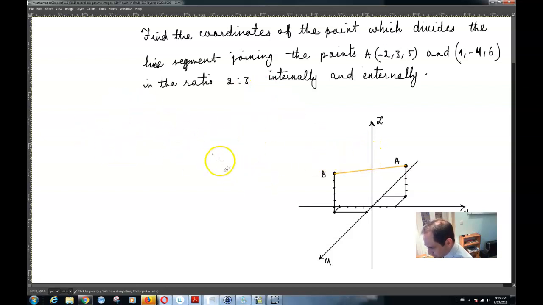That you can do using the algebra pretty easily, using the formula. But then again, you do need to know what the relationship of that point with your points and the line segment is,